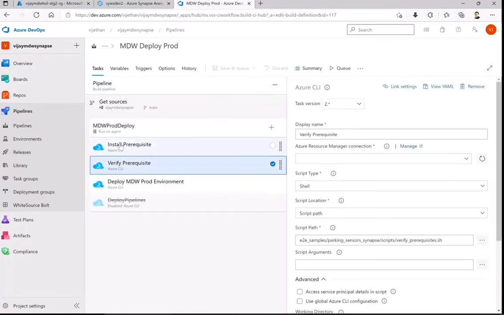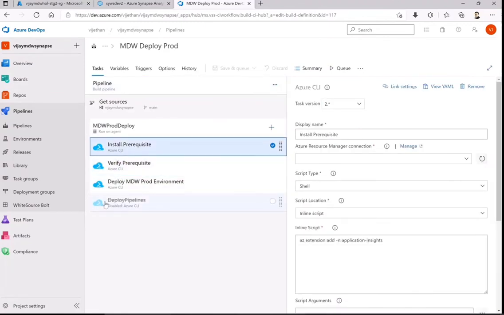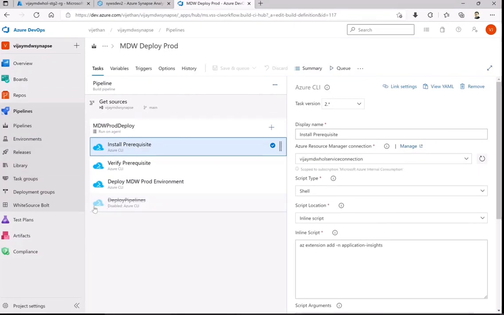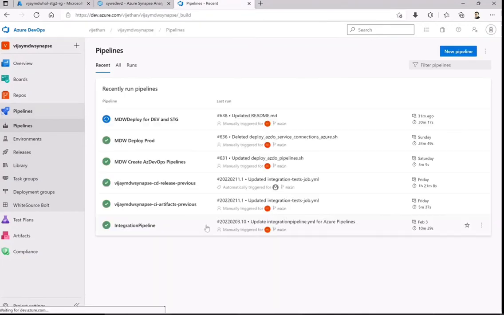Next week, once we come, we will check the other pipelines, which are for the creation of integration and functionality testing. We will also see how we create Azure pipelines at runtime. And obviously we have to work with this data, so we will create artifacts and also create the release pipeline from that. Okay, so that's all I think for today's session.